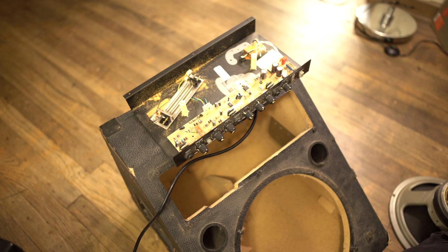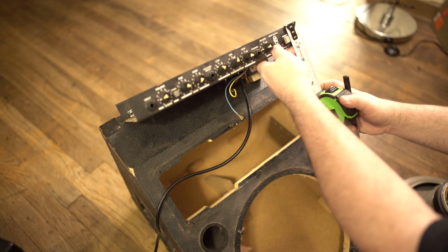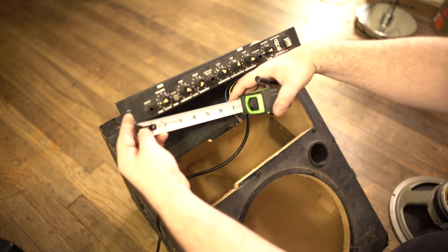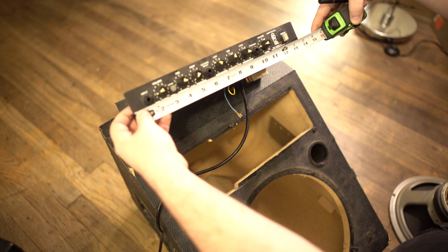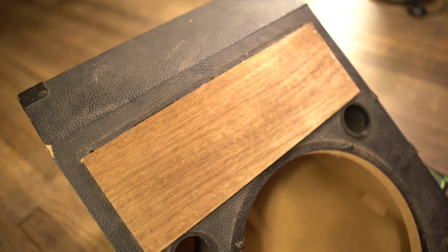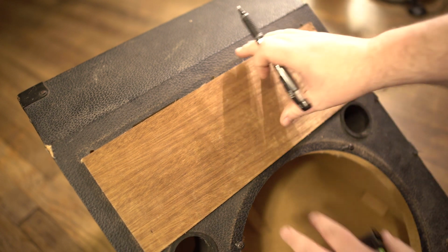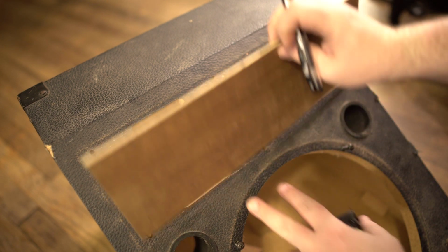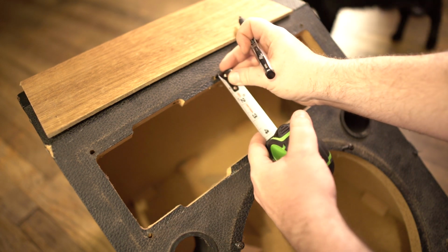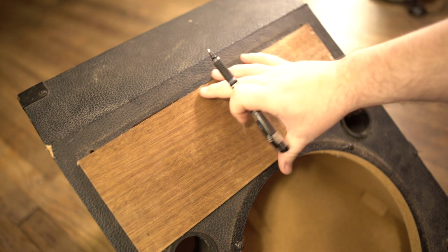Alright, so now we have to figure out the size of the amp. So it's right at 2 inches by 13 3/8. So I was going to go through the trouble of making templates, but I kind of realized I don't need to do that, just because where these holes are, they are 1/8 of an inch pretty much from the edge, and this board sits on top of the 2 ports nice and even,